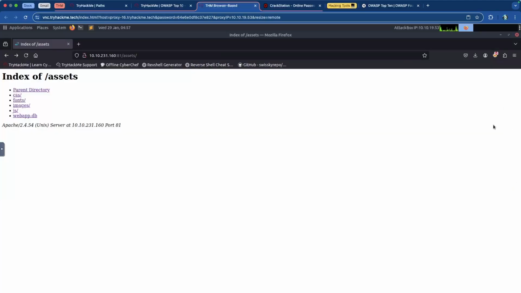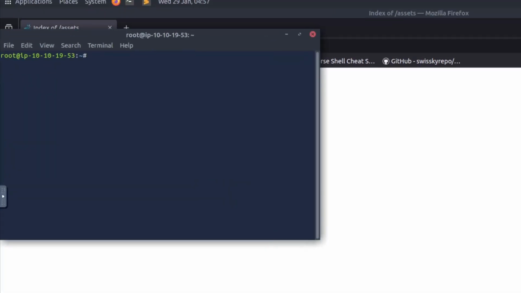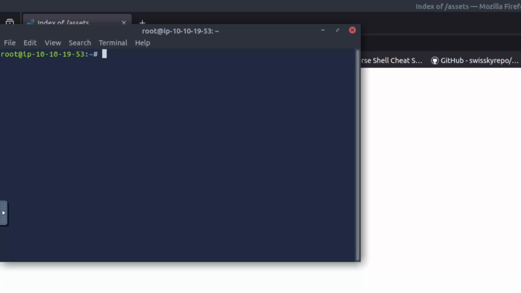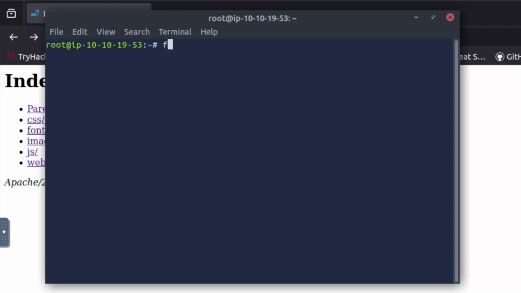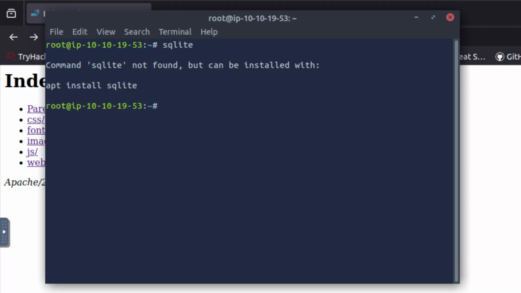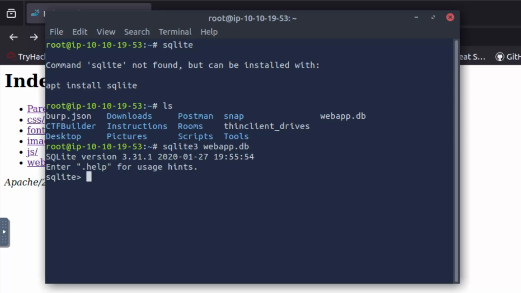So we're going to use the terminal, and then we're going to go to the downloads folder here, and essentially what's going to happen is we're going to use SQLite. I want to say it's SQLite 3. Let me actually go to the downloads folder first, so we are not there right now. Oh no, it's actually in the desktop. So we'll do sqlite3, and then we will do webapp.db. And there we go. And if we do, I think it was .tables,